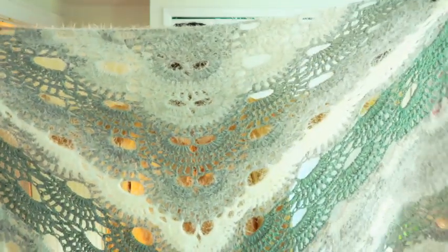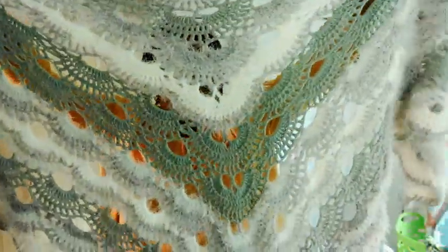So I did a virus shawl. You won't be able to see it all. I will put a picture, but it is